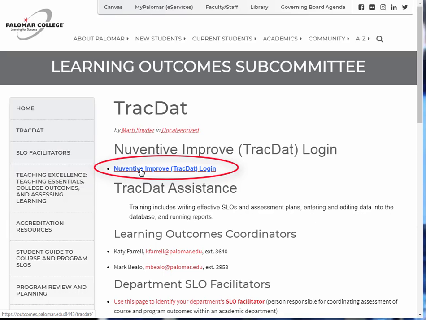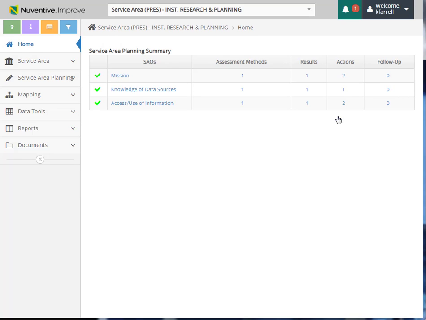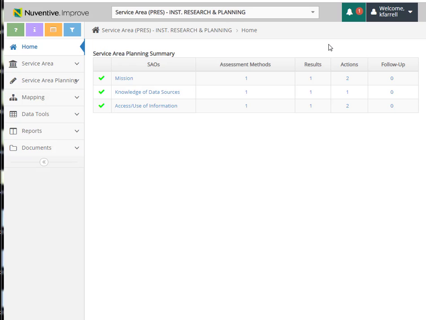This video will demonstrate how to enter service area outcome assessment data into Nuventive Improve, which was formerly called TrackDat. To begin, make sure you're in the correct assessment unit. Look up at the top of the screen and there's a drop-down box where you'll see the units that you have access to. Once you've selected the correct unit, you'll be on the home screen, which shows you the outcomes